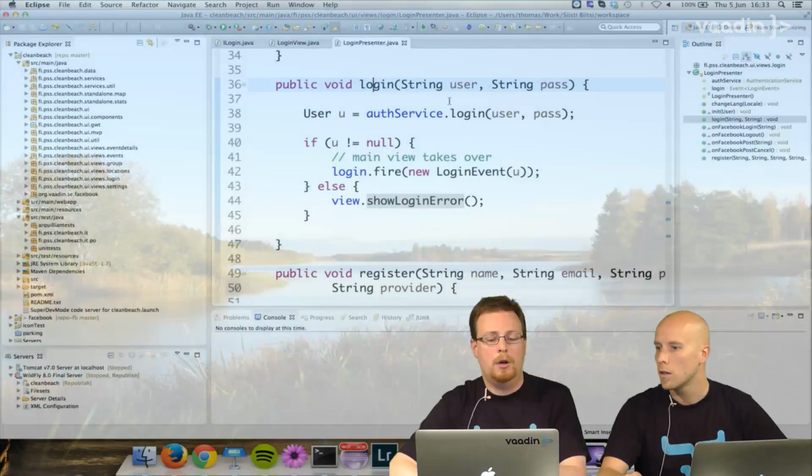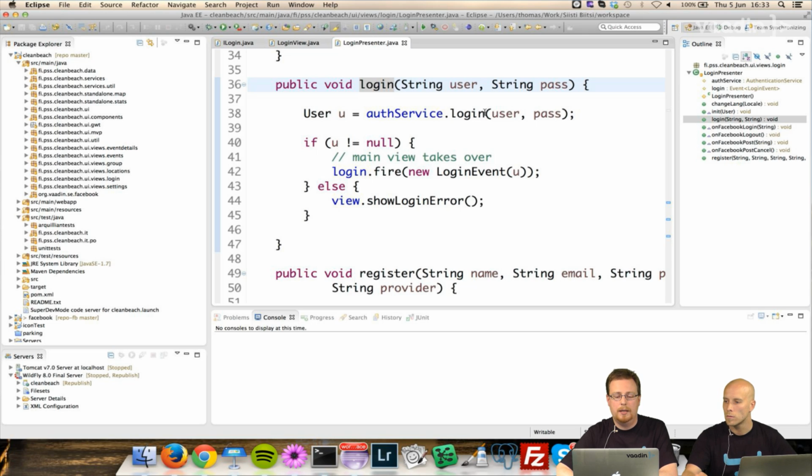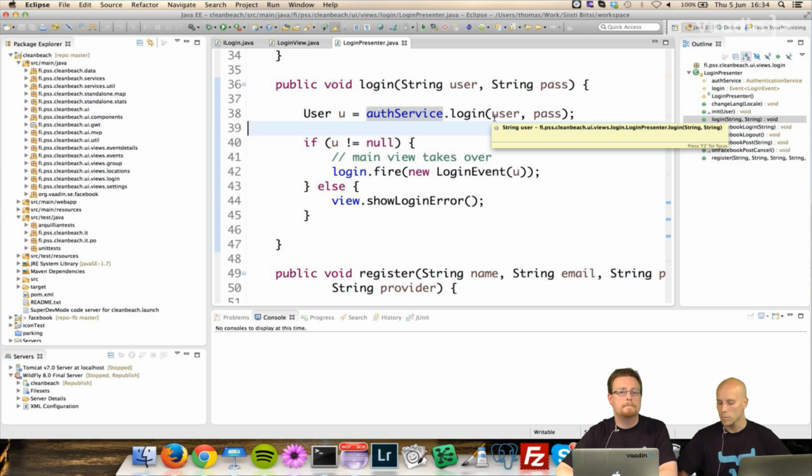But the main thing with MVP is that you can test some of the UI logic that you have, some of that code there. So our login method here takes a string, and then it calls the authentication service and so forth. But since we don't have any Vaadin imports here, we can actually run a unit test against this. Of course, an authentication service like this needs to be accessed somehow, otherwise we get a null pointer exception if we just try to do that. But Mockito is a very good tool that I typically use in these sorts of situations. So we can mock everything else except for this presenter class.